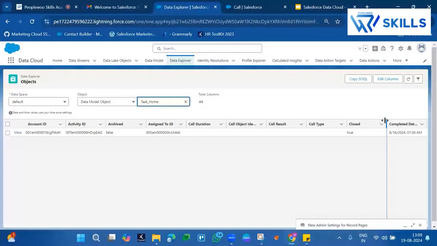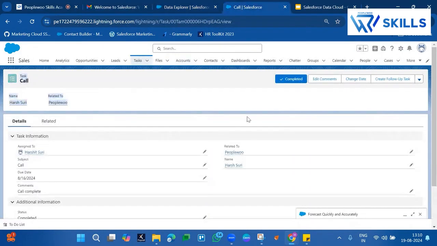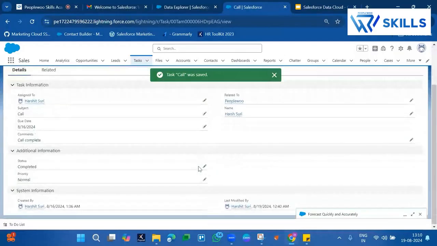Okay, the completed date of this particular task is, this was a task which was assigned. You can add more details because we don't have phone connectivity. Generally, once we log a call, it is an automated system where the phone rings, then it automatically captures call duration, call result, call type, and all those things, which we are not able to capture. But let me see if I have something here to capture,